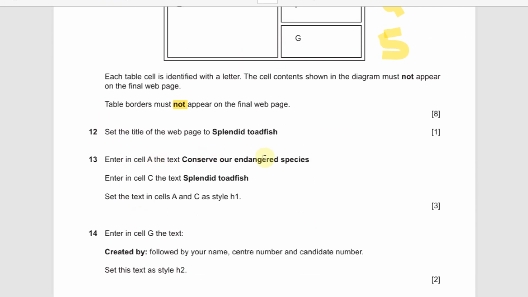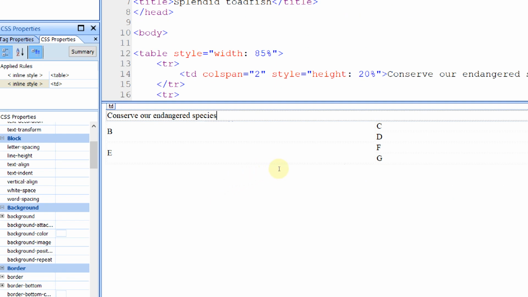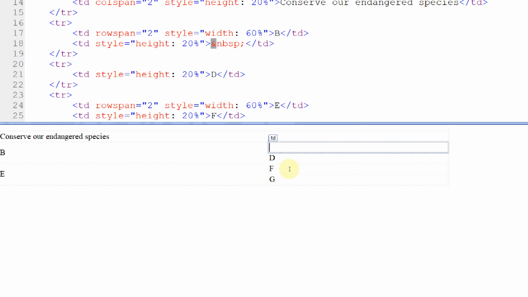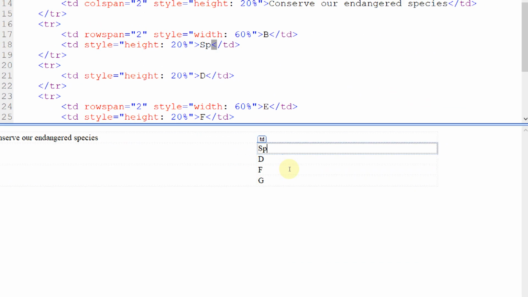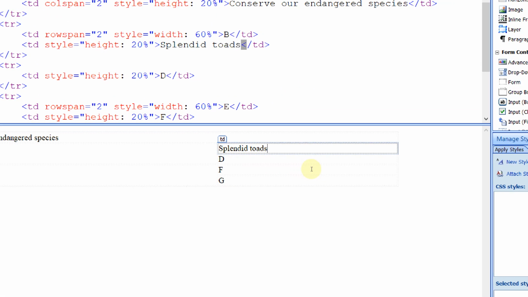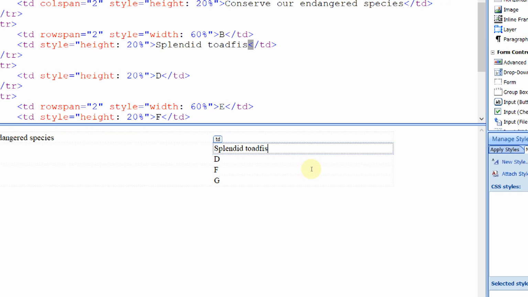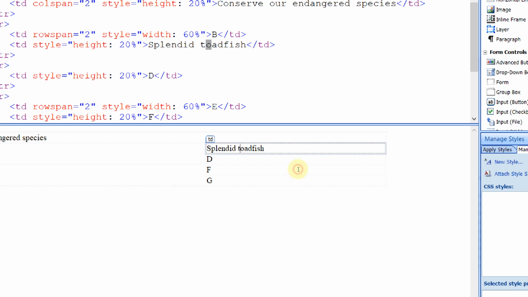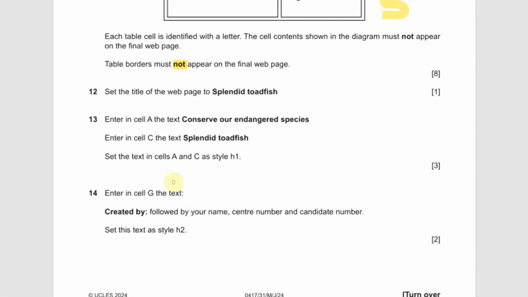Next, enter in cell C the text splendid toadfish. So C, I can remove C, yeah, and put splendid toadfish. Good. Okay. Now set the text in cell A and C